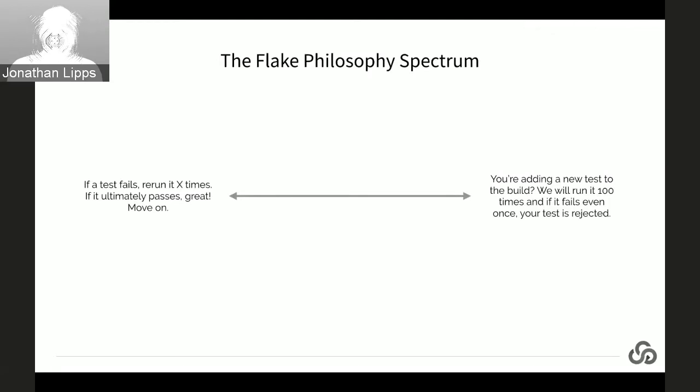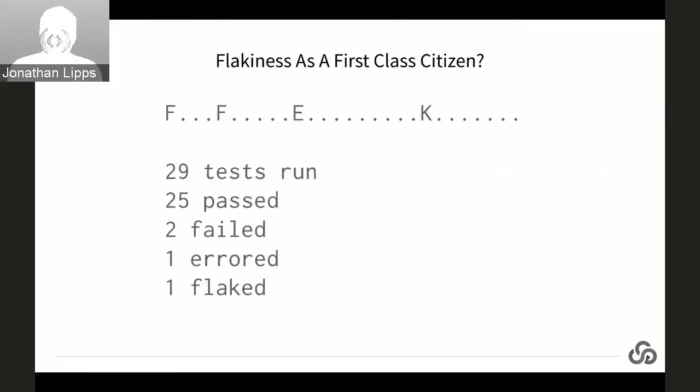So these are two ends of the spectrum on philosophies or attitudes towards flakiness. So again, on the left-hand side, the first option where flakiness is really imported into the vocabulary of the team, a technical way of dealing with that reality can be making flakes first-class citizens in your test harness. So, here's some example output of